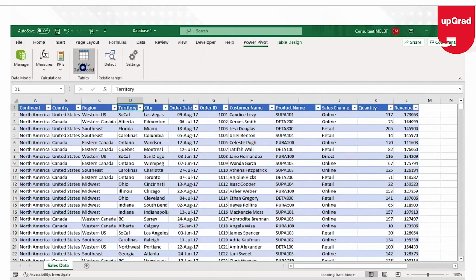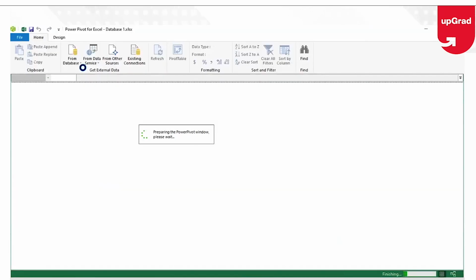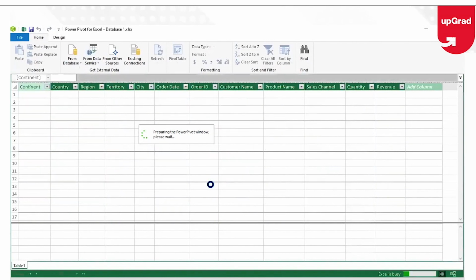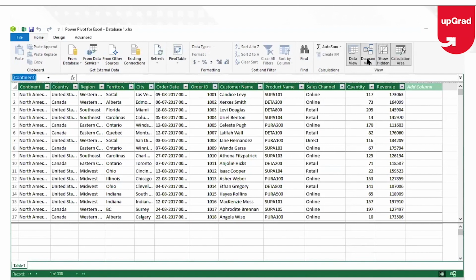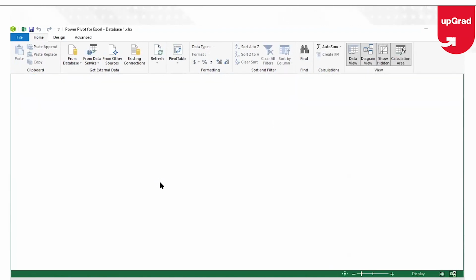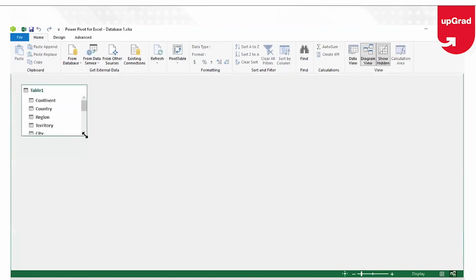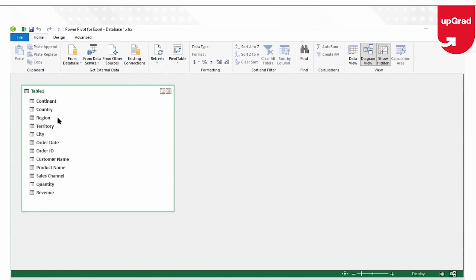Once this is added, I can start using my Power Pivot window to create hierarchies. So this is a quick one. You can see the data is automatically picked up. Now what I need to do is go to the diagram view. Because there is only one table, it will only show up one table here. But if you had multiple tables that you want to show, that can also be done. If you have multiple tables between which you're trying to create a relationship, and then you want to show the hierarchy in one of the tables, that can also be done very easily.